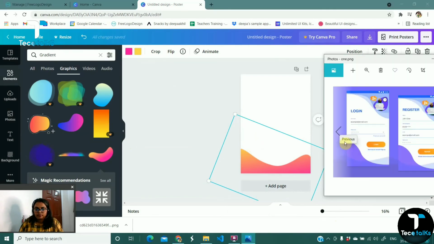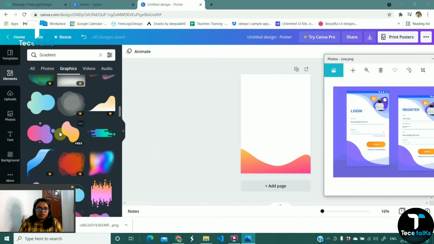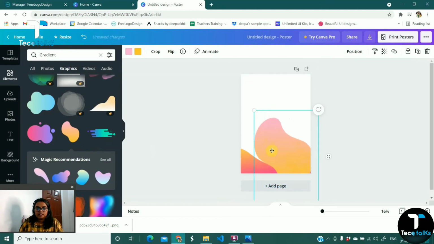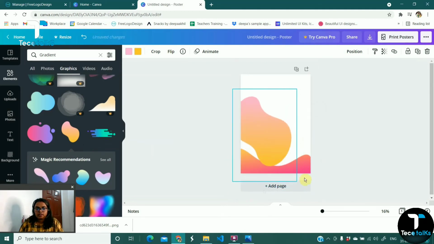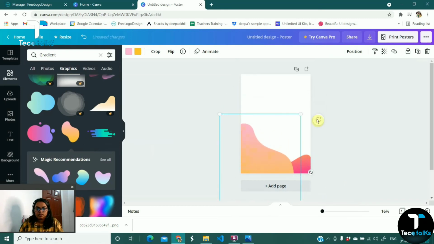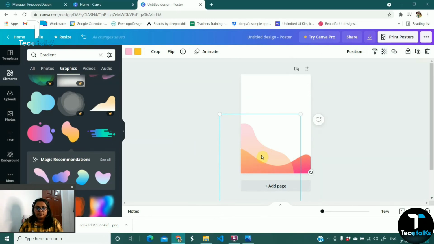So the next layer we need is like this. This one may be good for the top curve. So I'm just selecting this one and increasing the size of it. Let's increase the size a little more, and I'm setting the transparency over here just to make sure that the one behind it is also properly visible here.